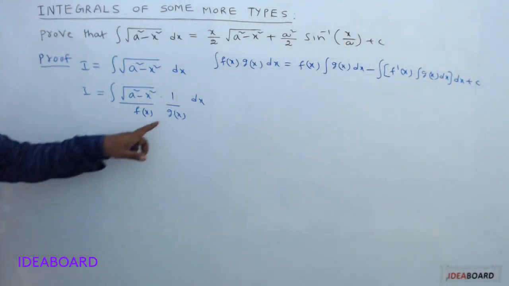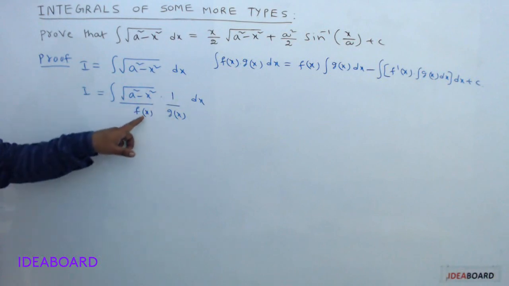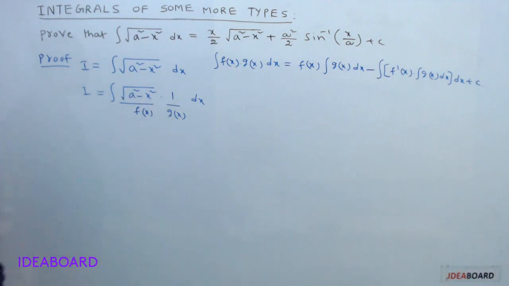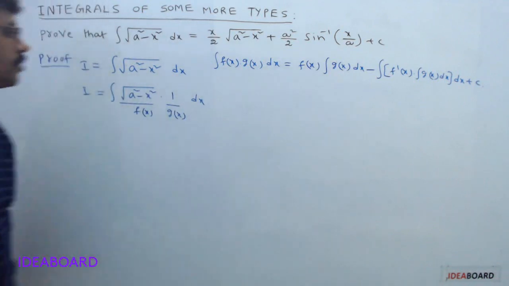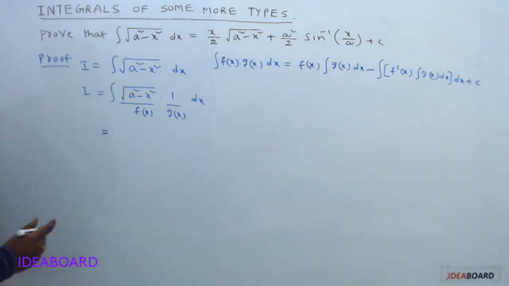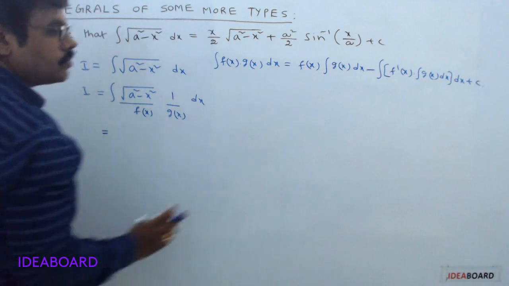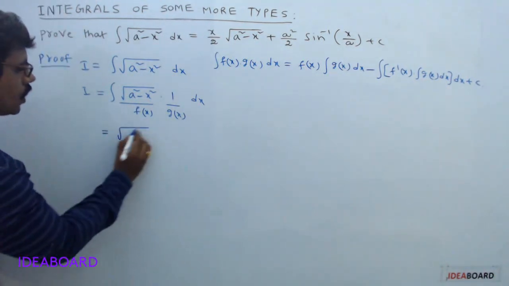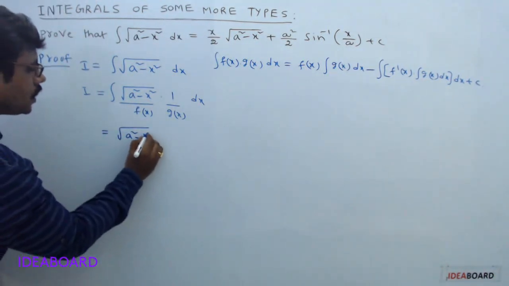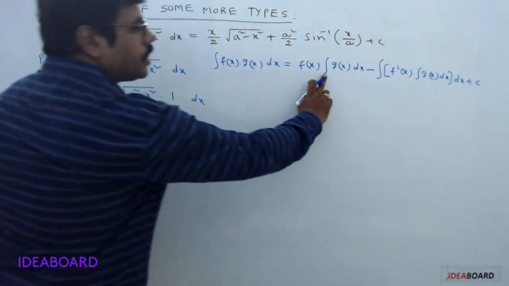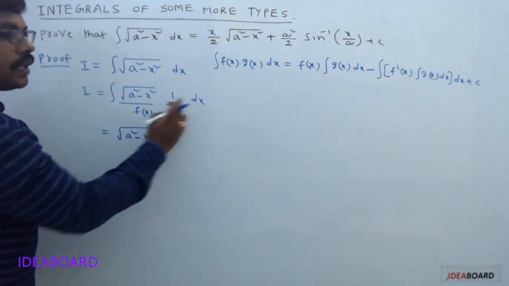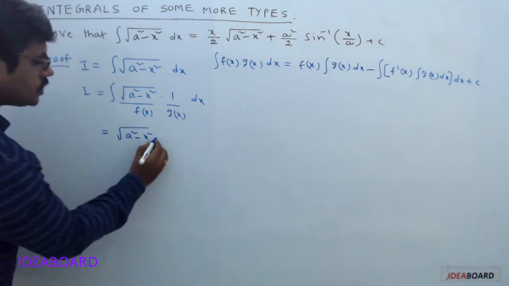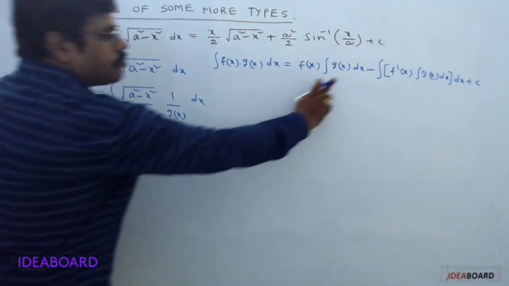Now here g of x is 1, f of x is root of a square minus x square. Then you can apply the integration by parts formula. Now this equal to f of x, that is root of a square minus x square, into integral g of x dx, that is integral 1 dx. Integral 1 dx is x, minus